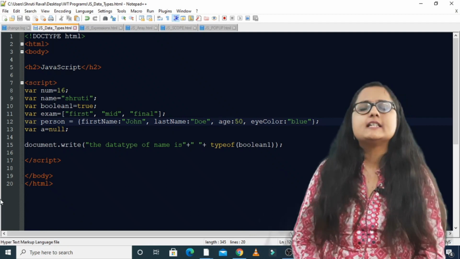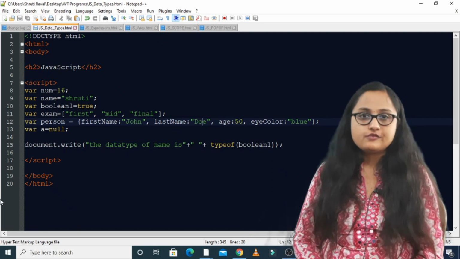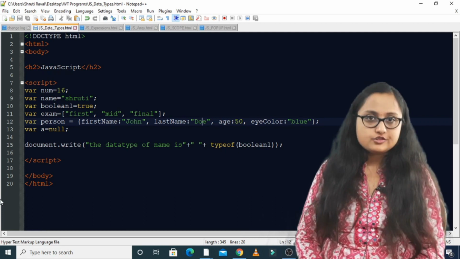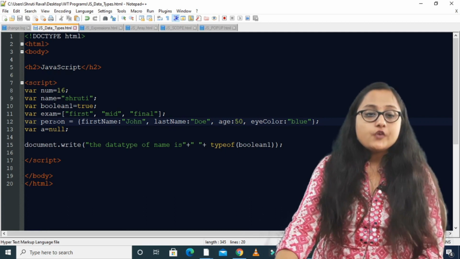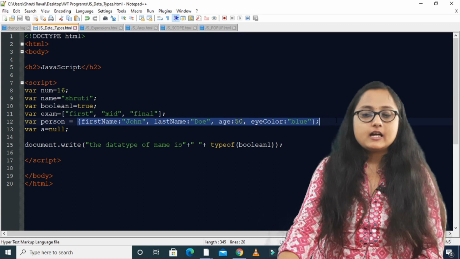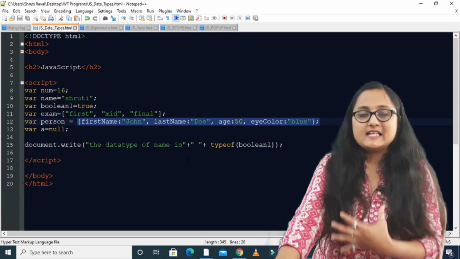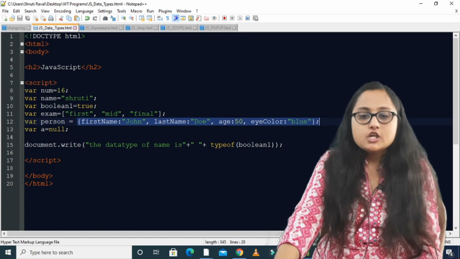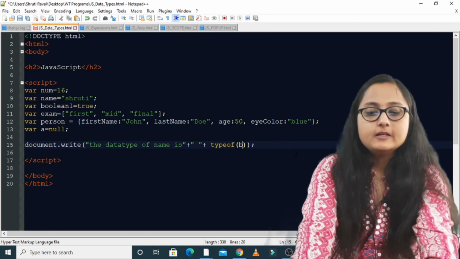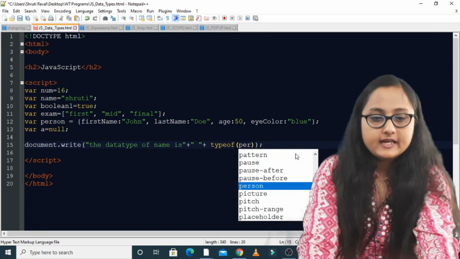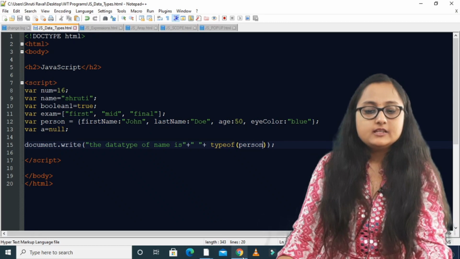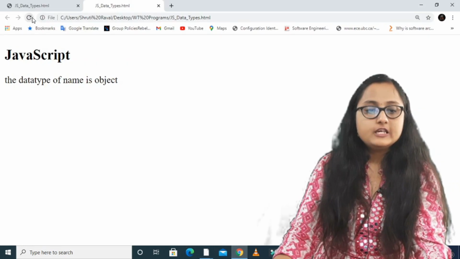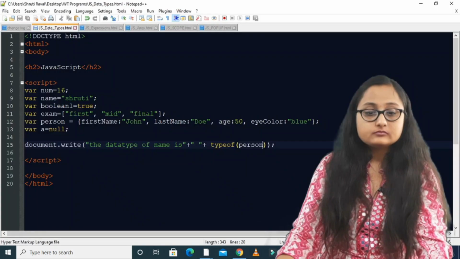We will learn this syntax of objects in later lectures, but here you can see for person, what is the data I have assigned to person? I have assigned object type of data. So if instead of boolean1, I write person, what will be the output? The output will be object, right?